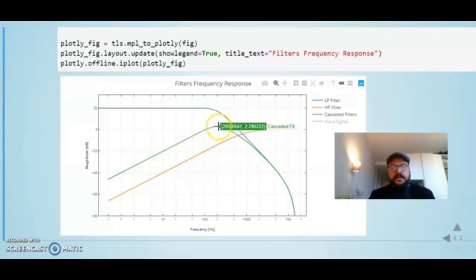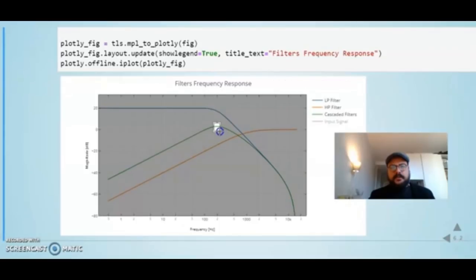So we see here what we have at 200 Hz. If we zoom in on 200 Hz,